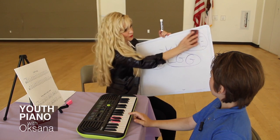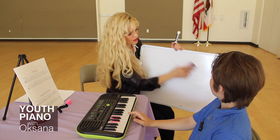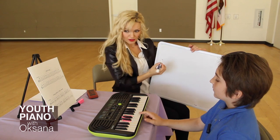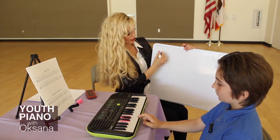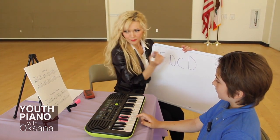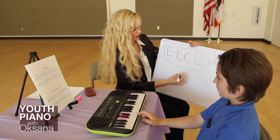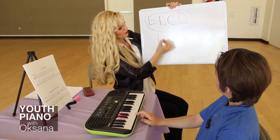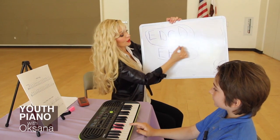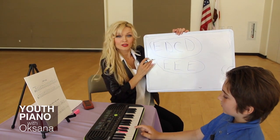Okay, we are ready for our next bubble. Second half of the song. Second half of the song has similar parts to the first half. So we have again E, D, C, D. First bubble of the second half. Second bubble of the second half will be E, E, E. So same thing. Don't forget to write this on your paper so you get a chance to practice this during